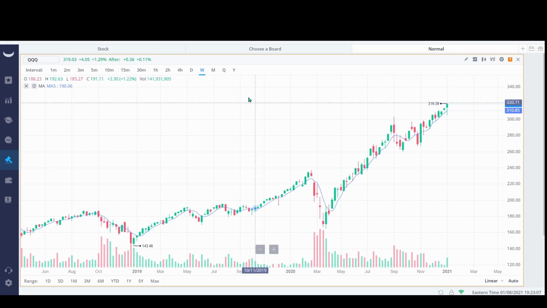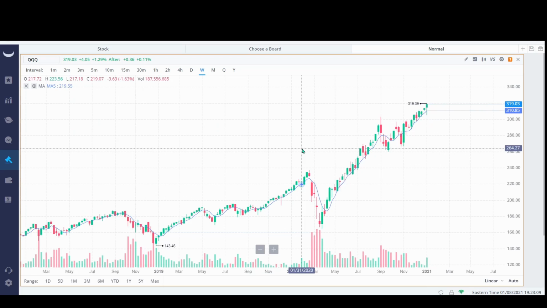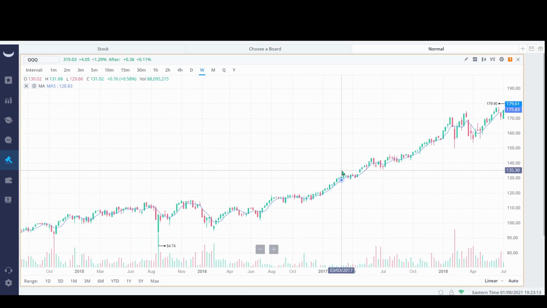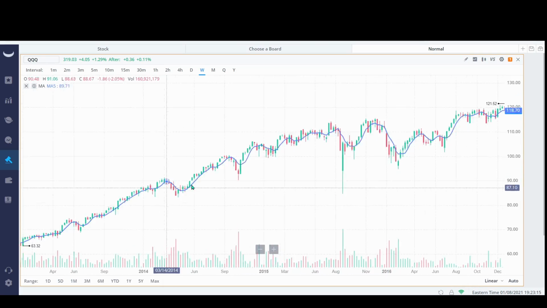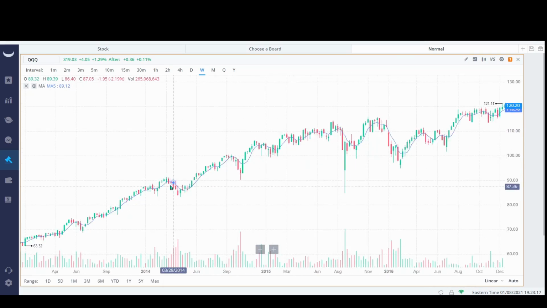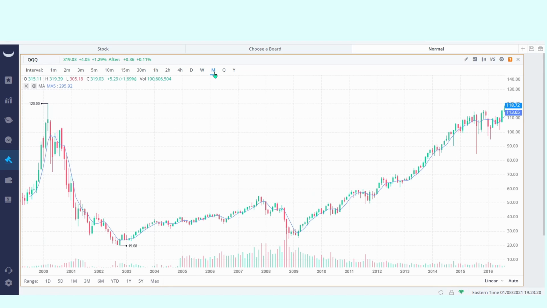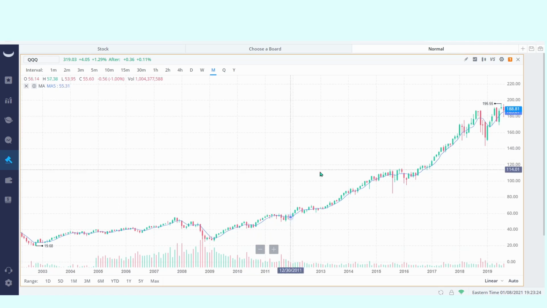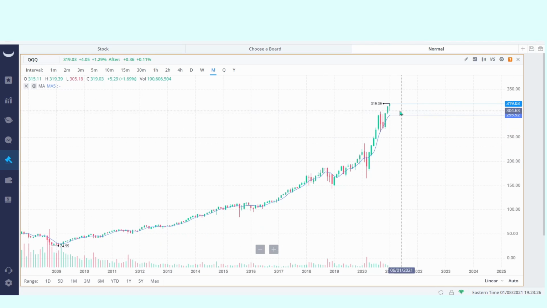See that it's been going up. I look at this all the time in the weekly view, and you can see it all the way back, for years, it's been gradually creeping up. If you look at it in the monthly view, you can really see there was a crash in 2001, not too long after it was started, but since then it's been trending up beautifully for a good number of years.